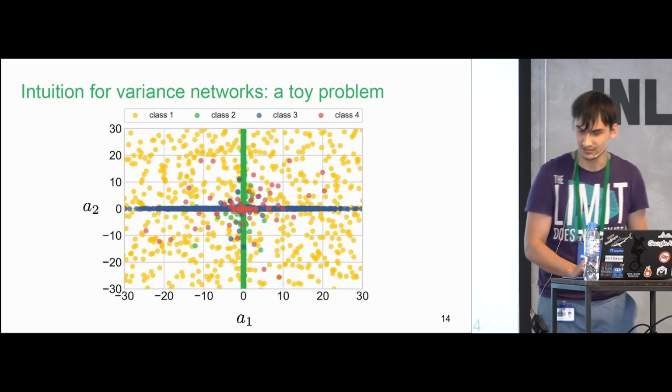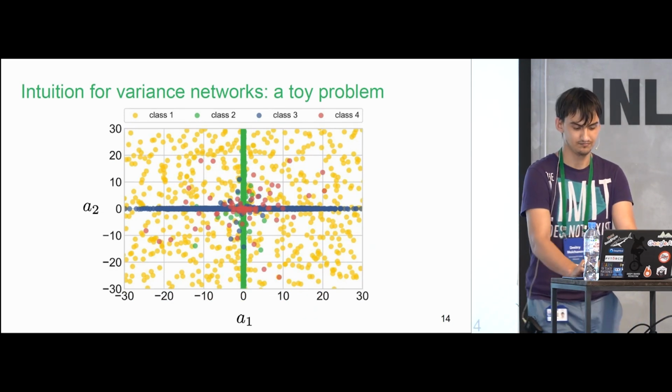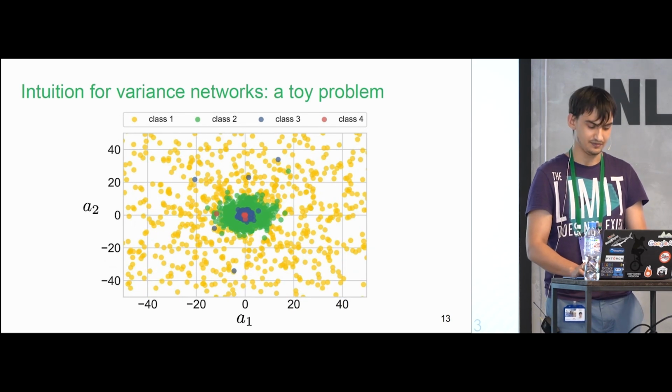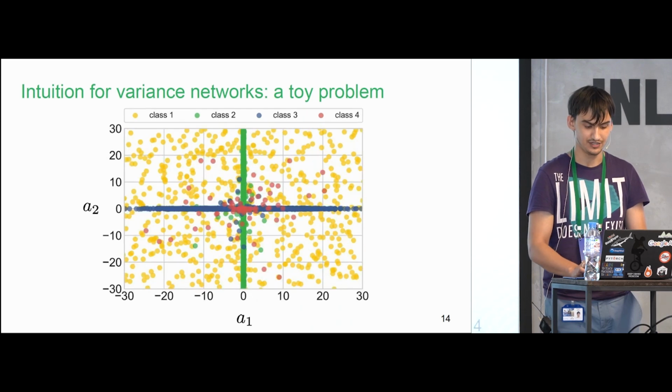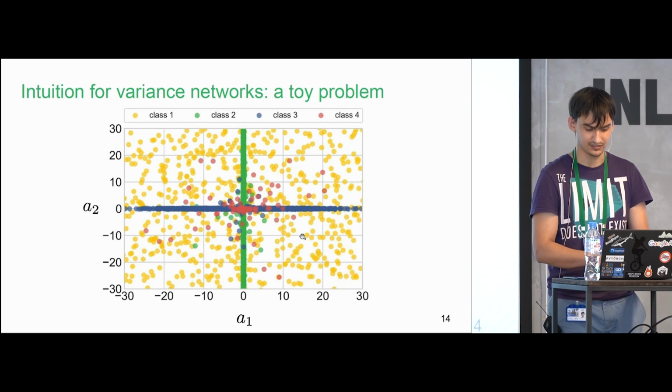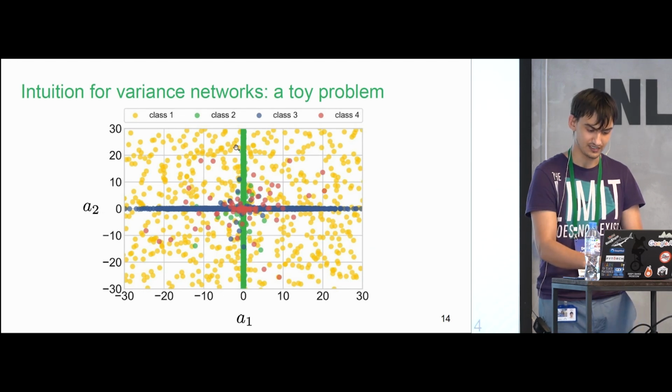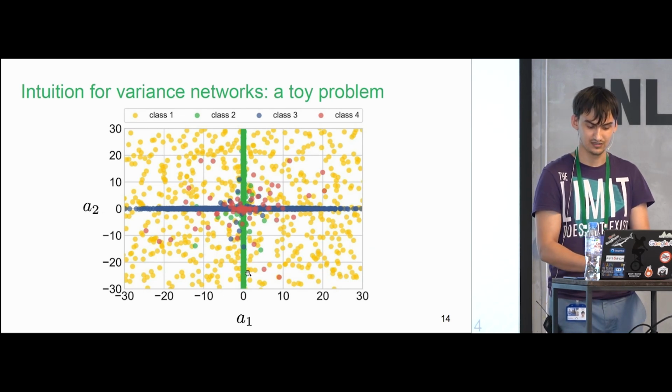There can be also another scenario where, so here, all the variances are the same. All the variances for 2 neurons duplicate each other, and here they're different. So for the yellow class, both variances are large, for example, and for the green class, one variance is high and one variance is low. So if you are near this axis, you have the green class. If you are near this axis, you are near the blue class.